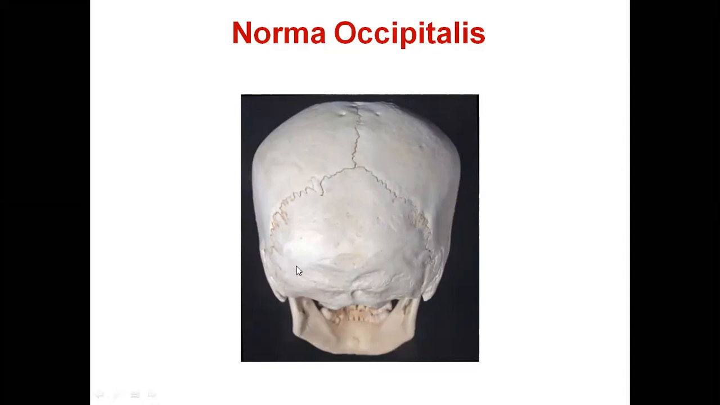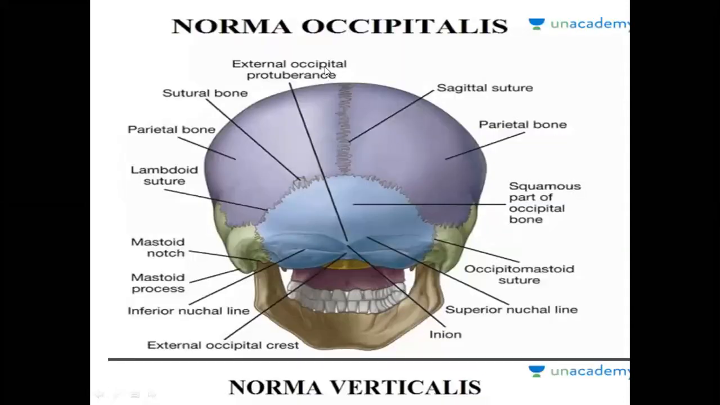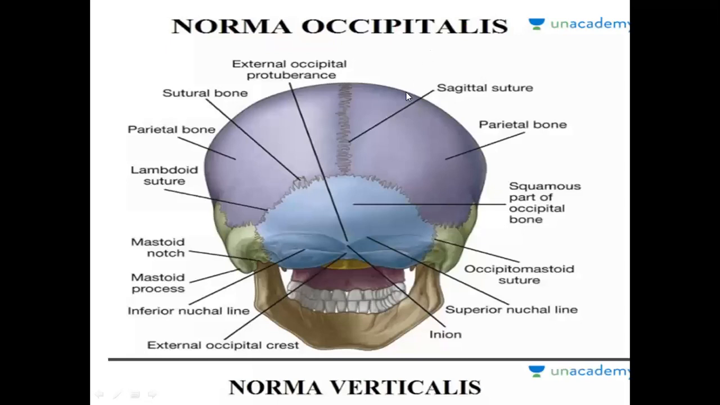Here you will have nuchal lines: highest nuchal line, superior nuchal line, and inferior nuchal line. Okay, labeled picture also I will show you, nothing to worry. See, norma occipitalis. What all we should know is, this is sagittal suture, right? This is lambdoid suture. Meeting point is lambda, right? Here I said this is inion, also called as external occipital protuberance. So we have highest nuchal line, below which you have superior nuchal line, below which we have inferior nuchal line,